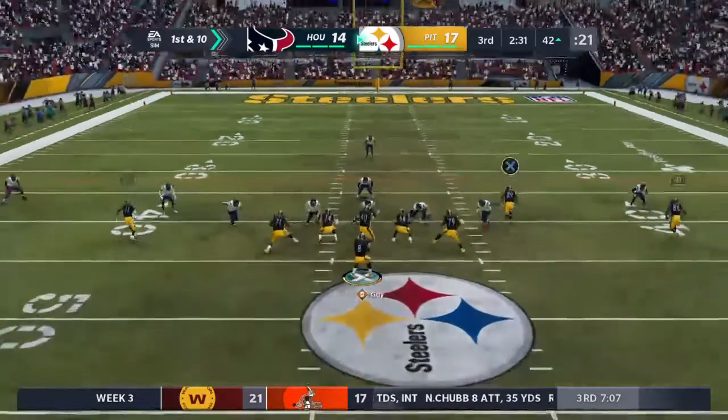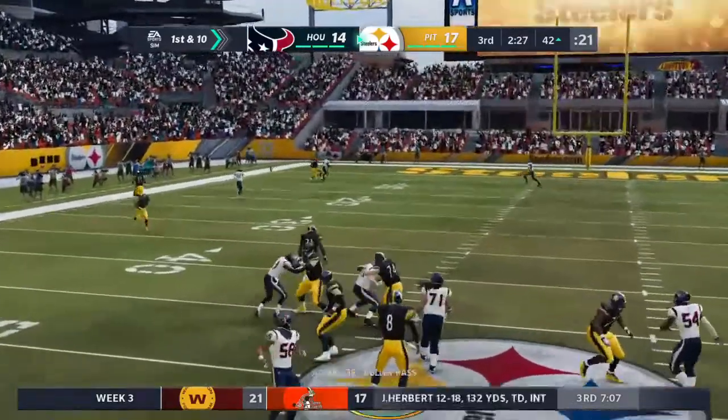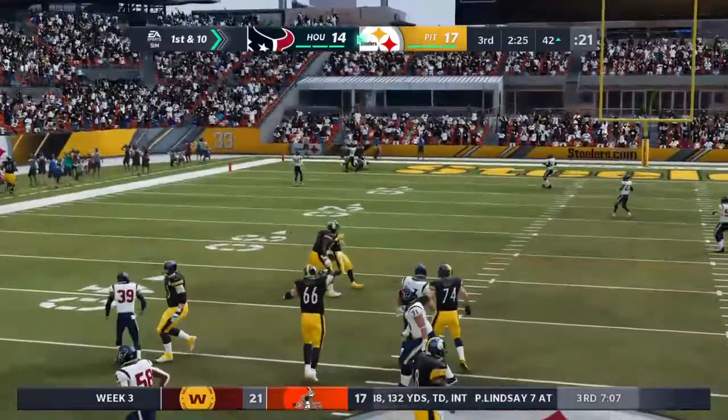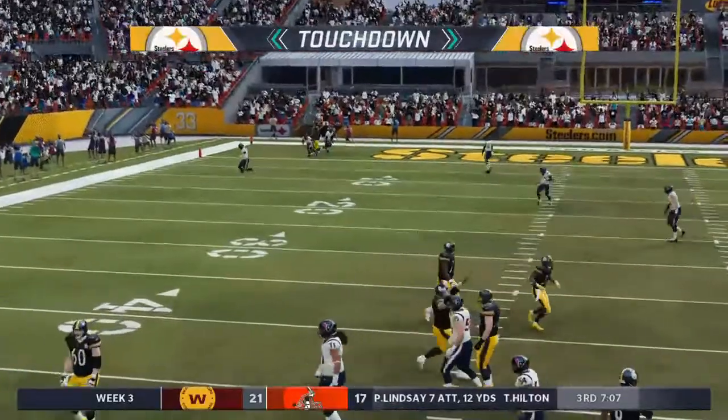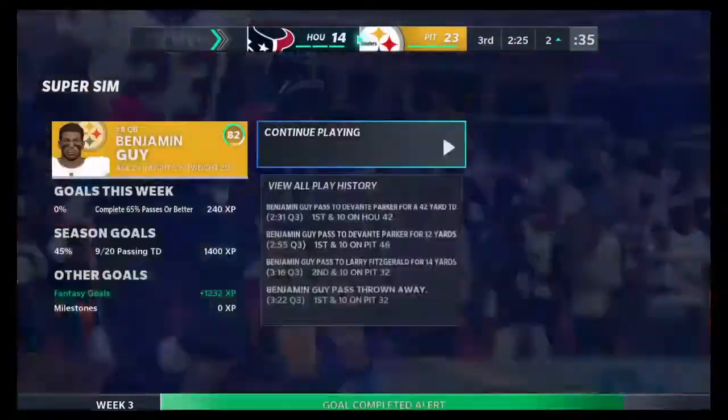At the 42-yard line. Back to throw again. Going deep here for Parker. And he's in. Touchdown, Steelers. Devontae Parker is...